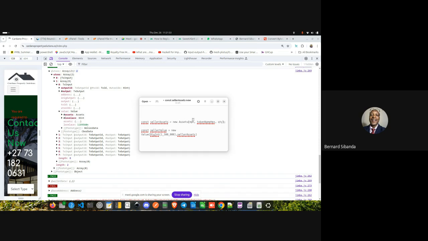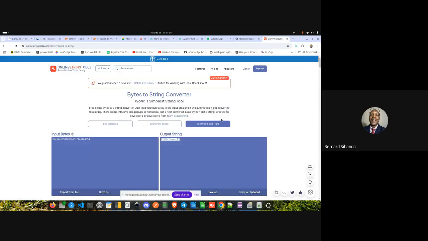Right. So now we need to construct this here. Const MPH equals. I am going to get a real MPH so that you see it, and a real token name hex. We can use this one here that I have used for conversion. See this? This is the bytes part of this, but we need it as a hex.